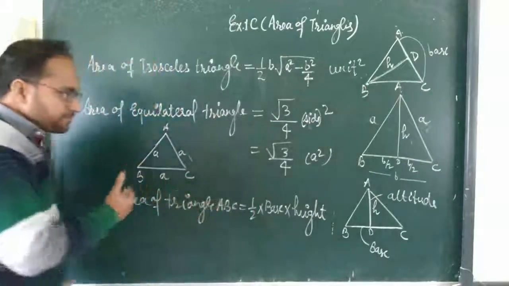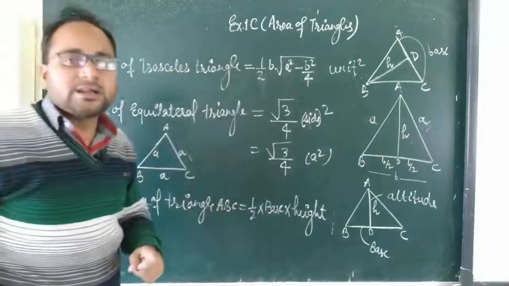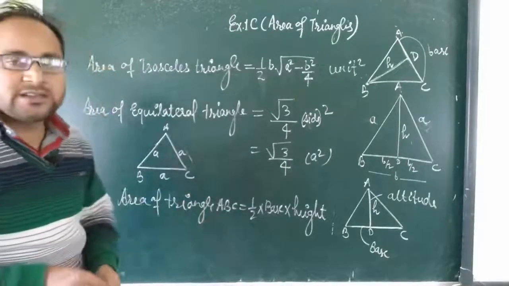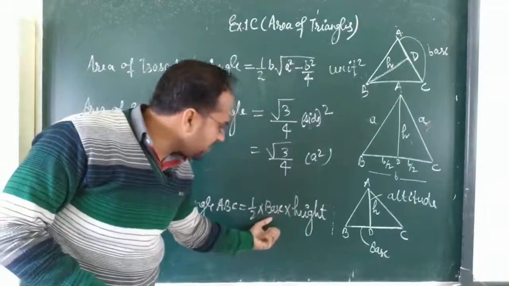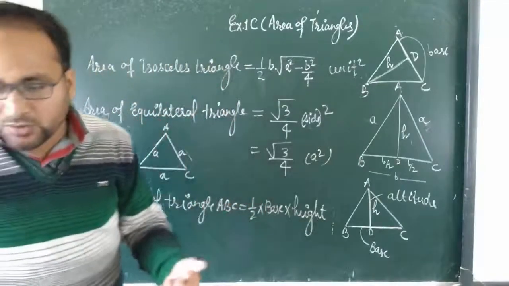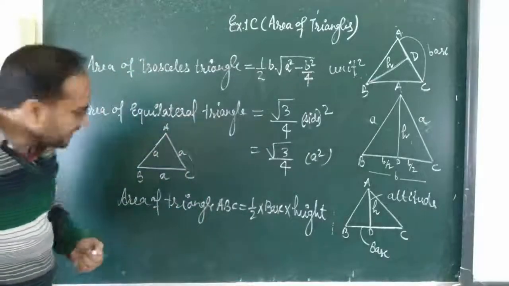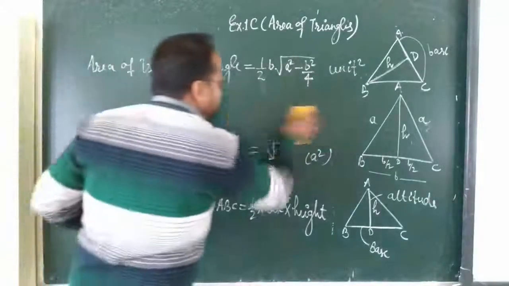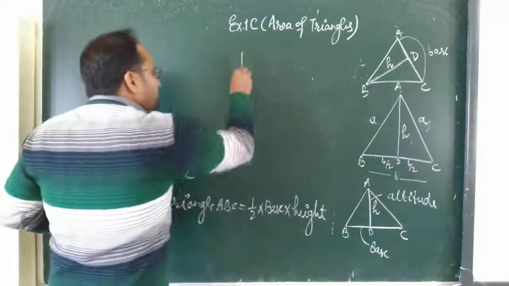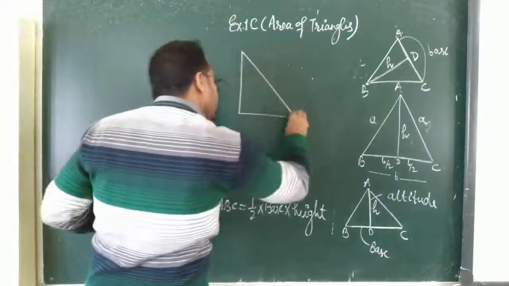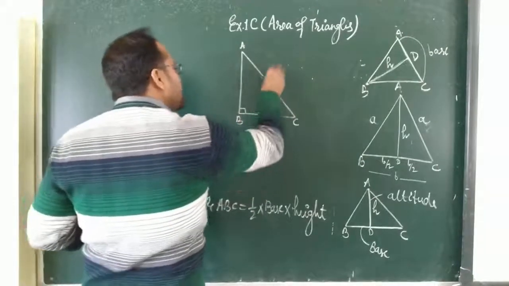So this is one more formula, when your triangle is a right angle triangle. The area of a right angle triangle is also the same, 1 by 2, the product of the sides containing the right angle. See this one, if your triangle is a right angle triangle, with angle B of 90 degrees. This one is known as the hypotenuse.